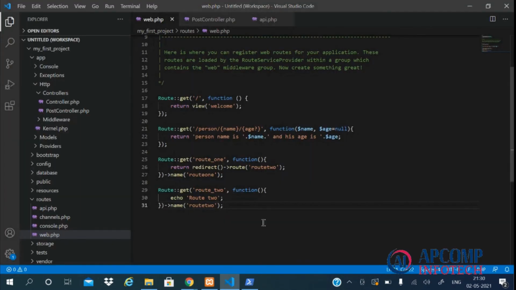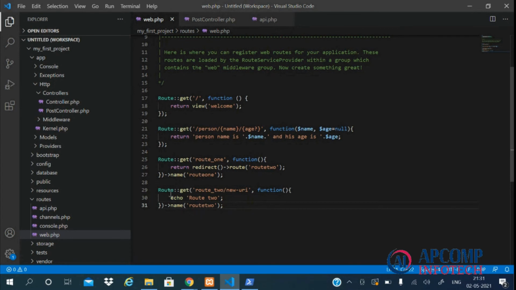So why this route naming is necessary? In my opinion, many times we need to change our URIs to some new URI. So in this case, what we will need to do is we will need to change everywhere in our application where we are using this route. So we can avoid this by using the route names.